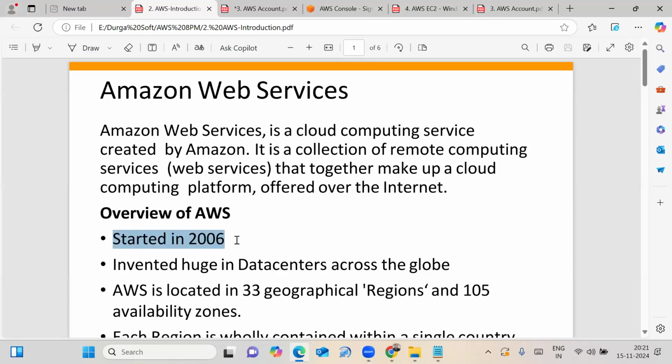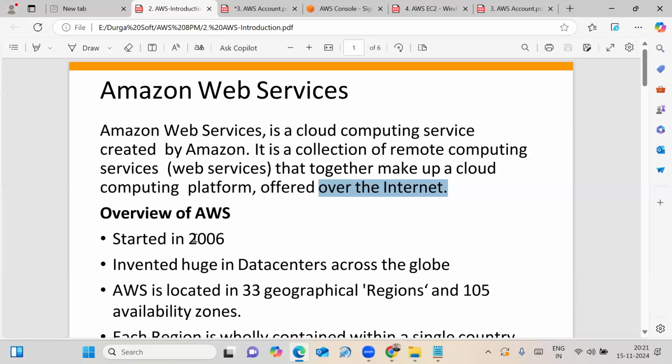AWS stands for Amazon Web Services. This is a cloud computing service created by Amazon. It works based on the internet connection only. Without an internet connection, you can't use any resources or any services.